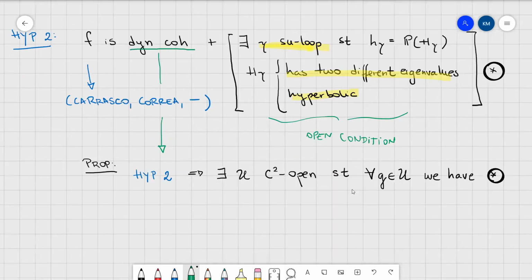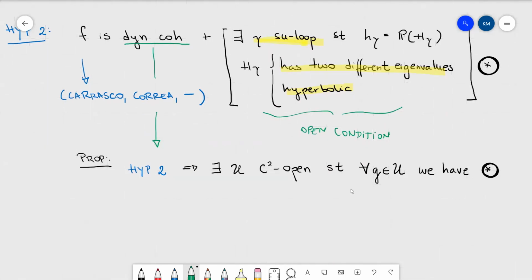So just let me see here. I have my point X. I have the SU loop for F. And the problem is when I'm going to perturb, this is most likely going to open. So it's not very easy to get an SU loop for the perturbed one. And you need that for the argument.